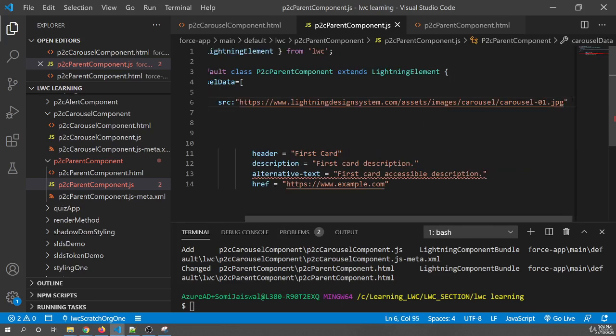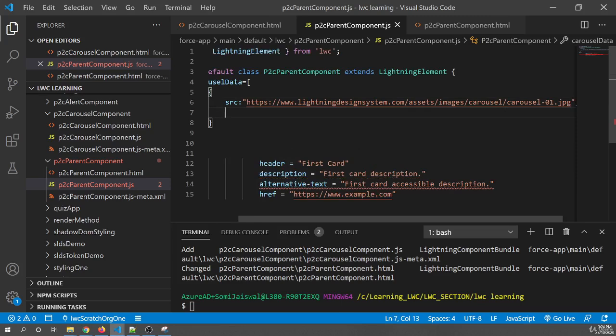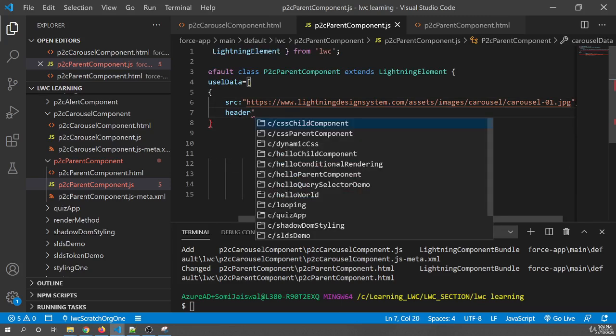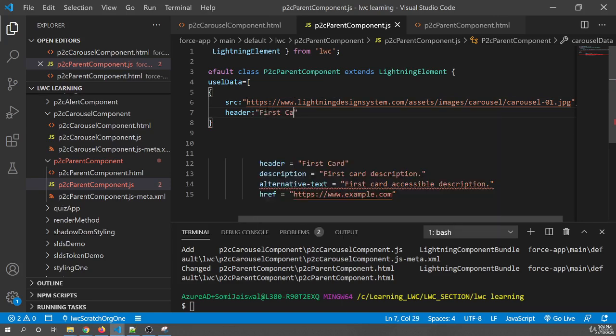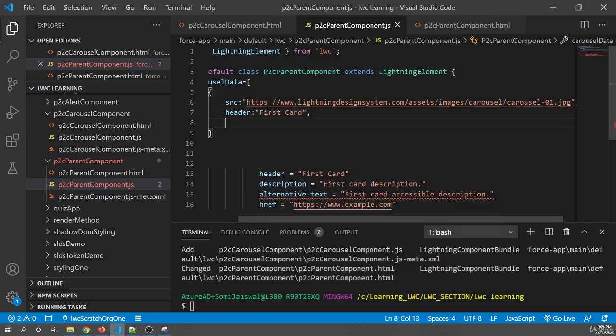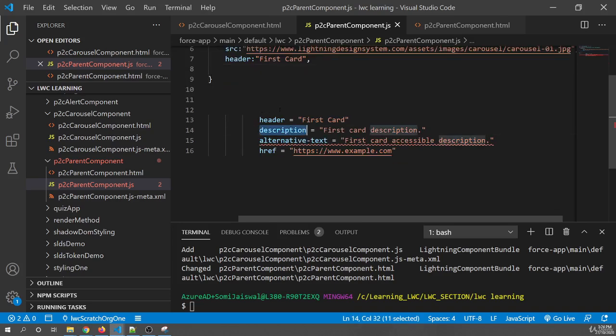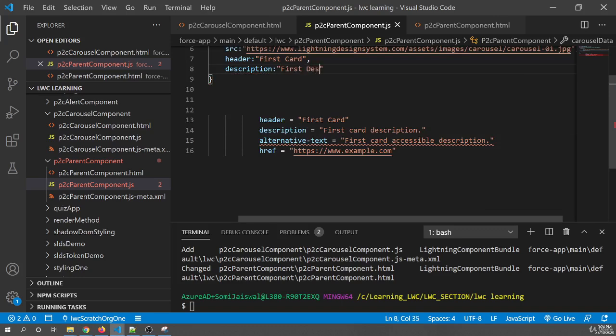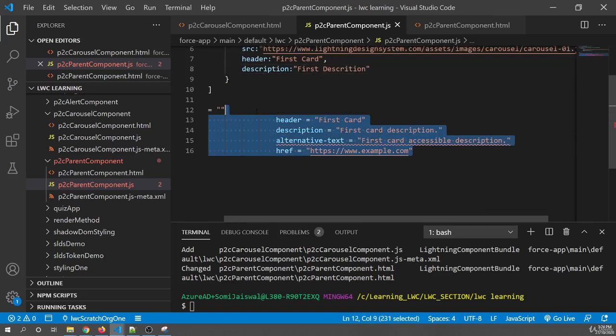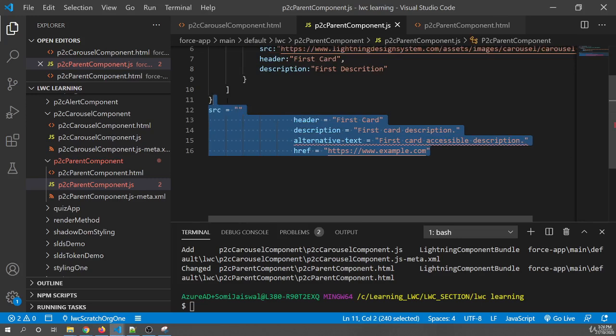Then we need the second property as header. The header should be first card. Then I need description, and we can say first description. So basically I don't need other things for the time being. I just created the property